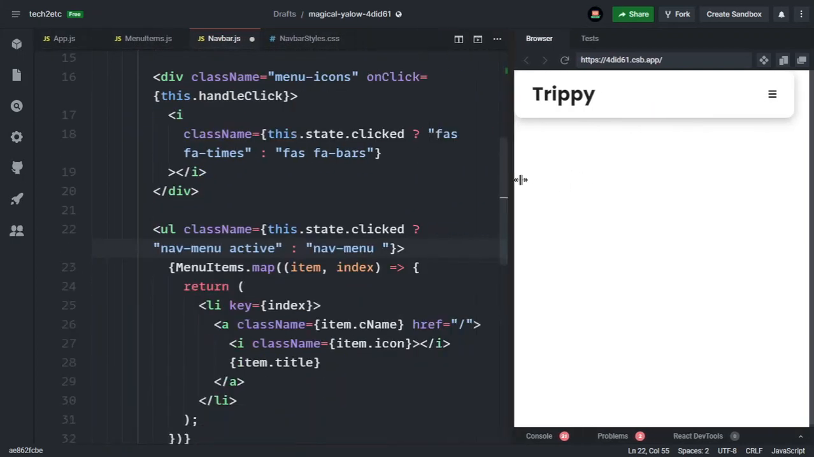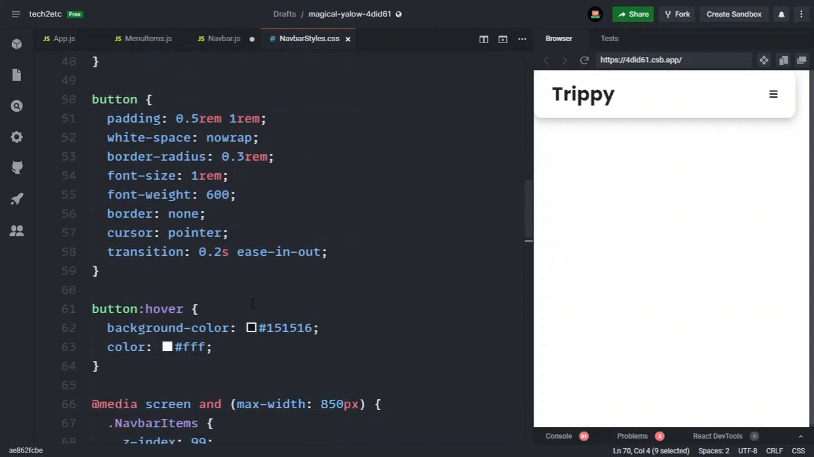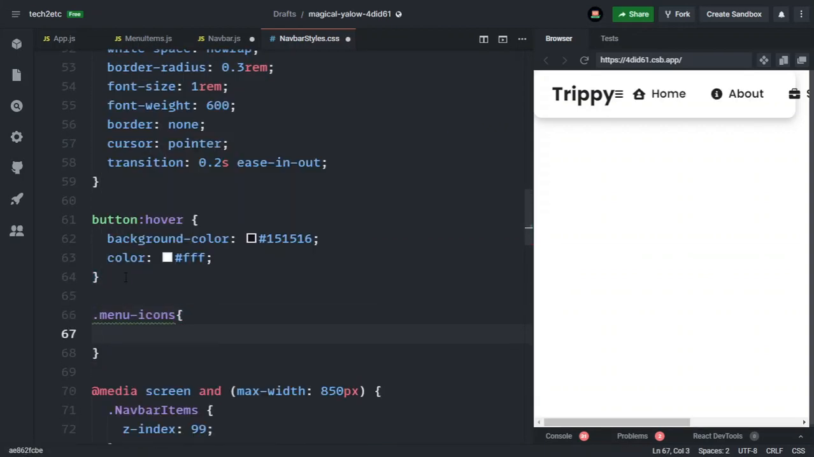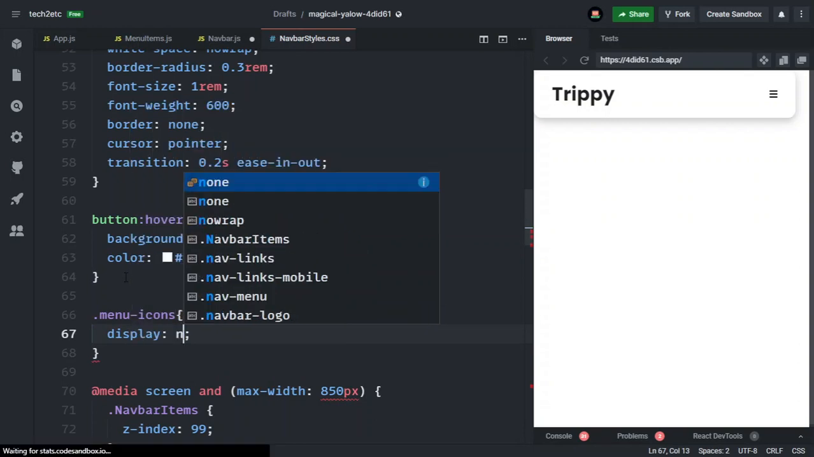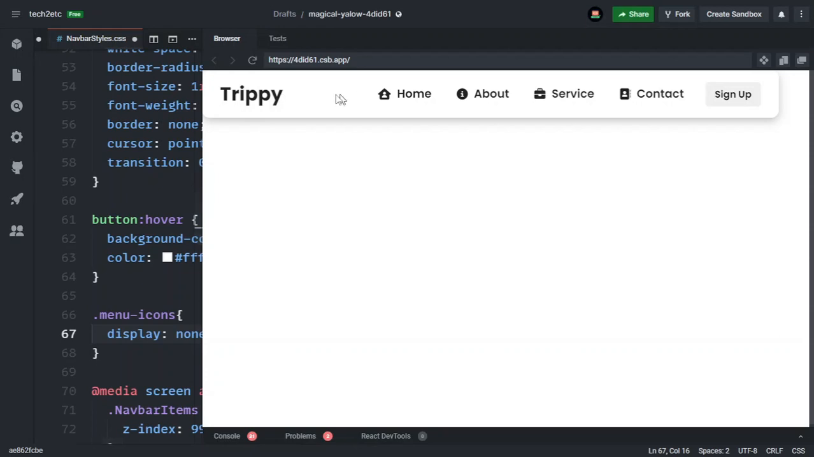So for doing that, if I go to here, inside this hamburger icon we have a class name which is menu icons. So I will simply copy these menu icons from here and then go to the top, and after our button I will simply add the class name menu icons, and it will be display none. And now here you can see that in our large screen we don't have any hamburger menu or hamburger icon,